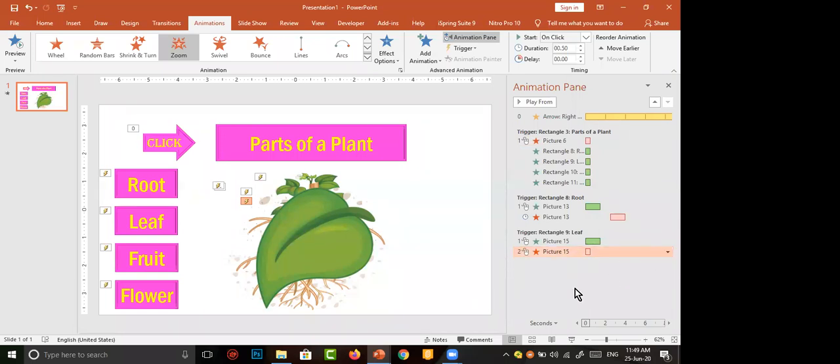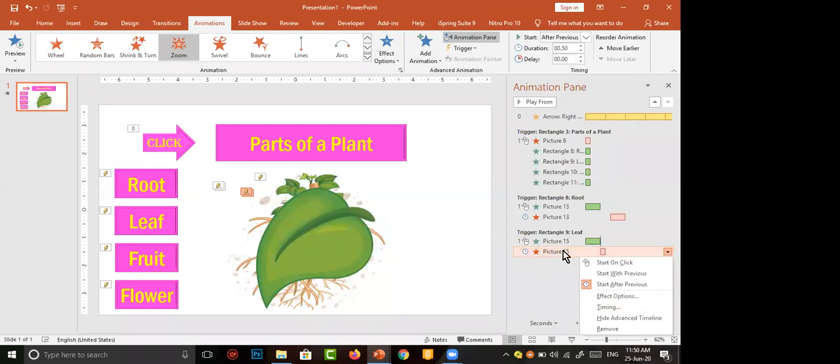I want to change it. When should it happen? After the appearance. After the appearance means I have to move the down arrow. Start after previous. The same adjustment which we applied for the previous root, I apply the same thing here also. You have to move to duration here or in timing.